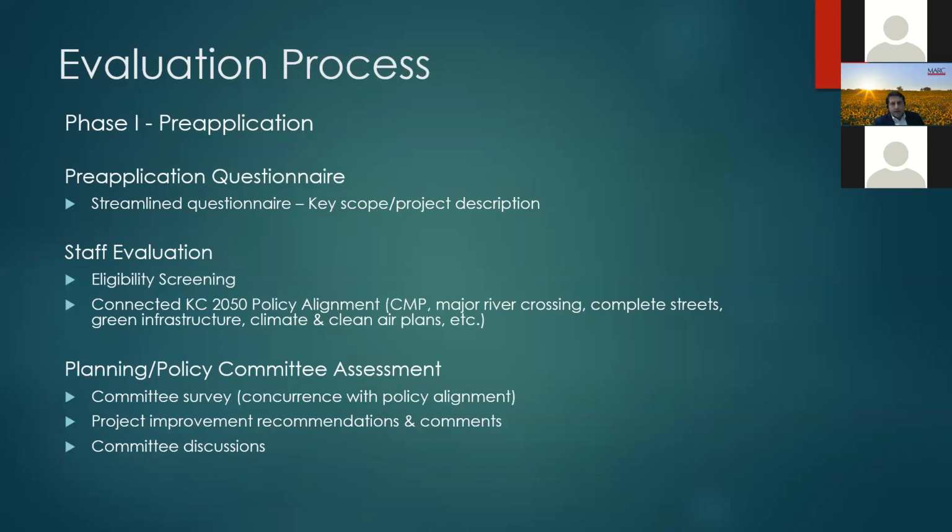Once the staff has conducted their assessment of the various projects, we are going to be releasing the results of that assessment to our planning modal committees in the form of a survey, and we're going to be asking for their concurrence or any comments or any perhaps disagreements with the way the staff has assessed these projects. We're going to be seeking project improvement recommendations and tips, and then we're going to be feeding that into committee discussions, and those will be happening in May and early June, leading up to the June 21st Total